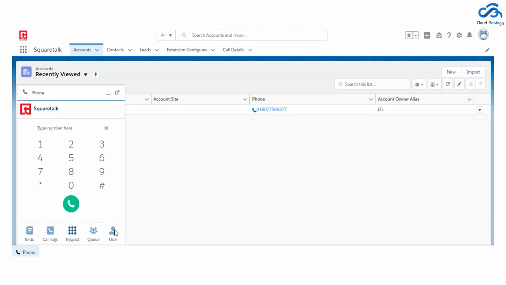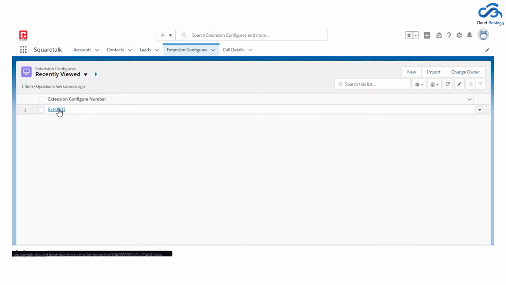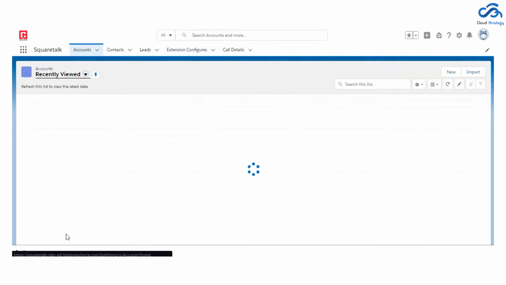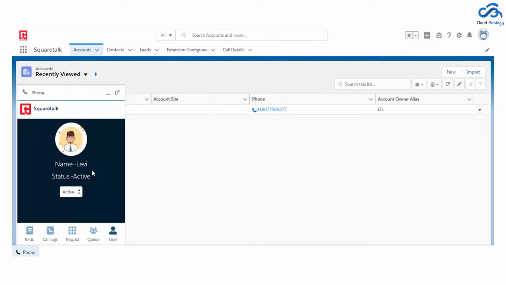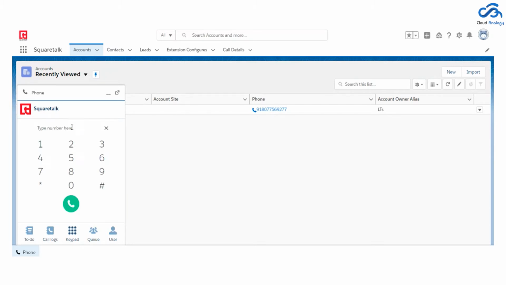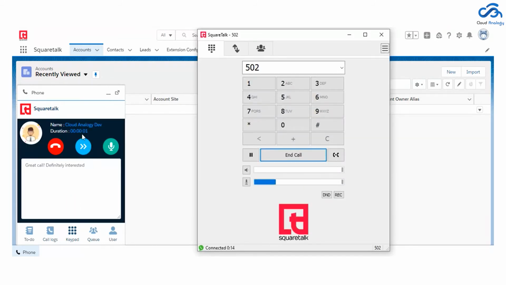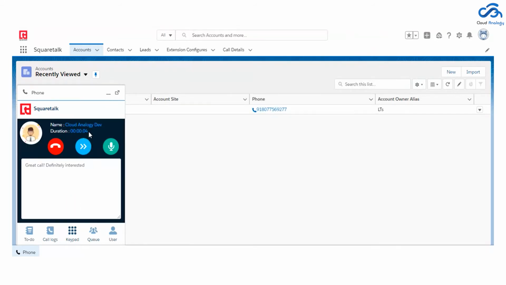So, if I switch to this, it will automatically dial all the present numbers. In the user's name, you have the user's name and status, and you can customize accordingly. If you take a break, then no calls will be managed from here. For instance, if I manually dial my number and click on the call button, you can see this is how the call gets connected. And in the same call, this is how you can type a message here.